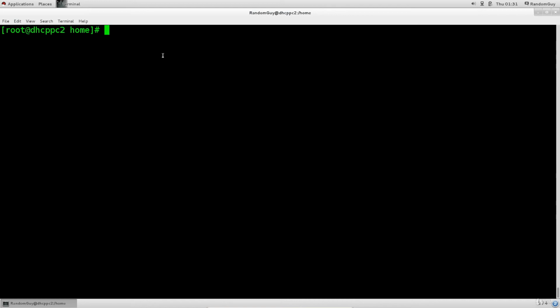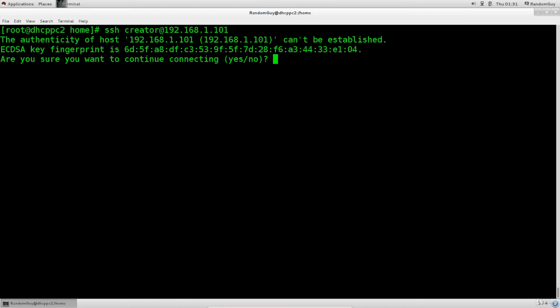Excellent, so now we would like to connect to that place. All that you need to type in is ssh, space, username. Who do you want to be on the remote system? So obviously I want to be creator, at 192.168.1.101, and if I press enter, it will say basically that the authenticity of host